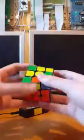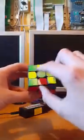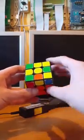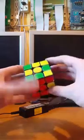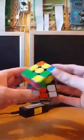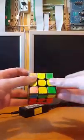Let's undo that. So, again, if you have this, make sure it's looking at 9 o'clock, as in that looks like 9 o'clock on a clock. Twist the front, bring it to 3, reverse the two moves you just did, then bring that back. The alternative is if